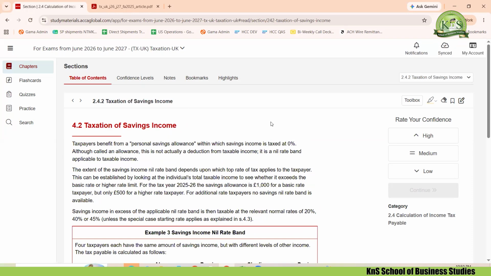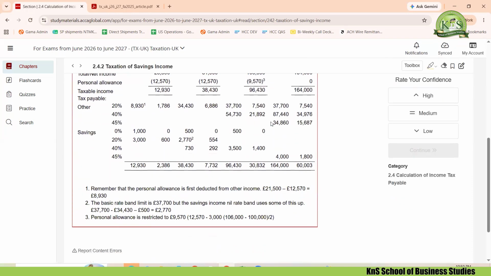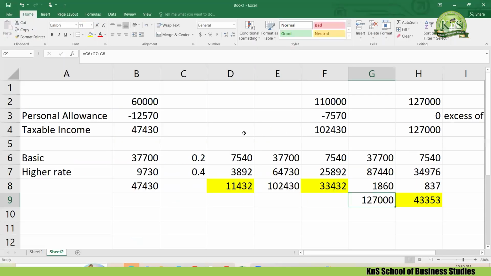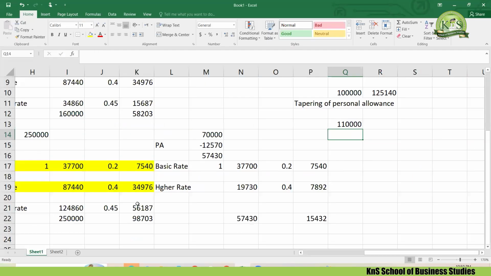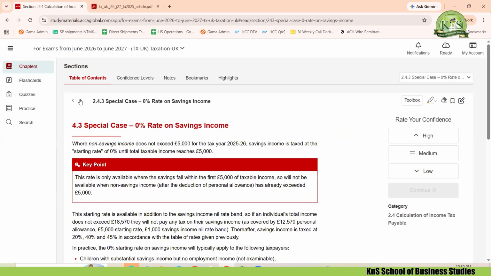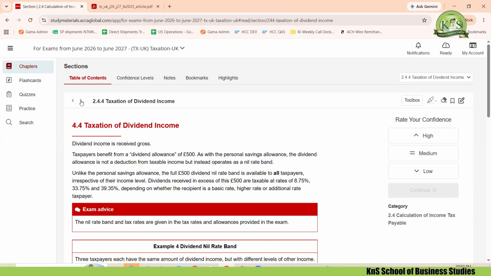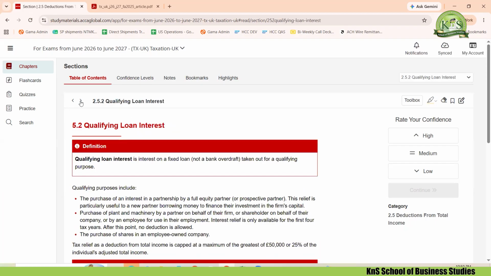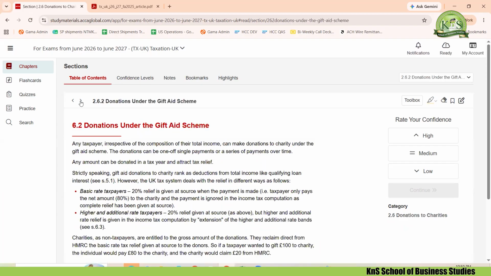Savings and dividend we will do together afterwards. The next topic is savings income, but we will do this later in class because there are some concepts. The concept of the band does not remain simple here because it will be mixed with savings income. So which should be taken first and which should not? All these special cases will also be there. So be clear with the non-savings income, because in our next class we will do dividends and savings, and then some questions as well.